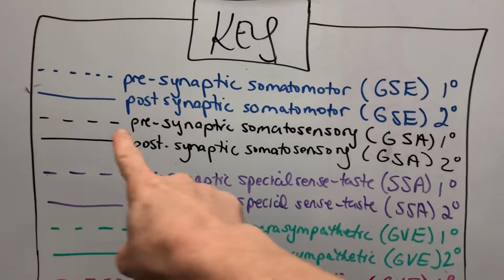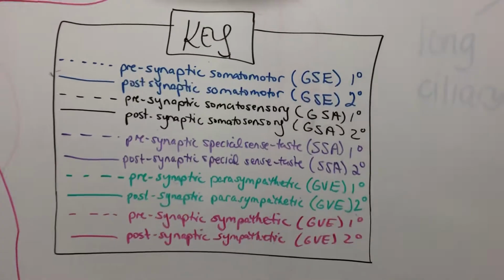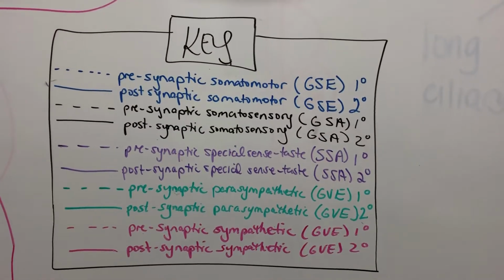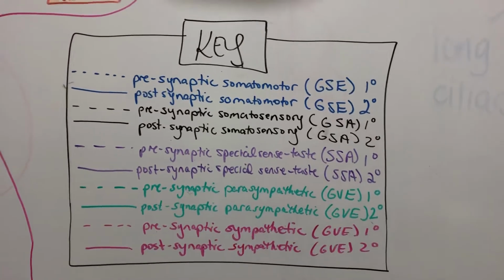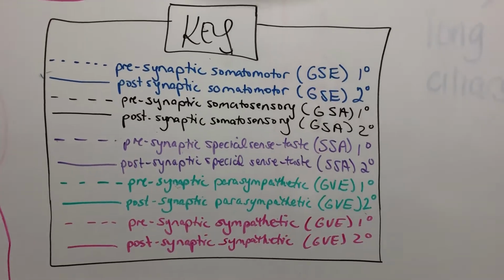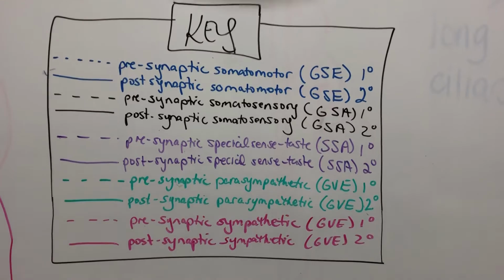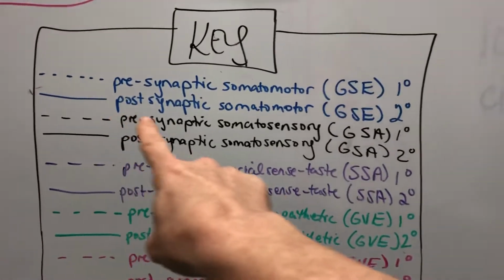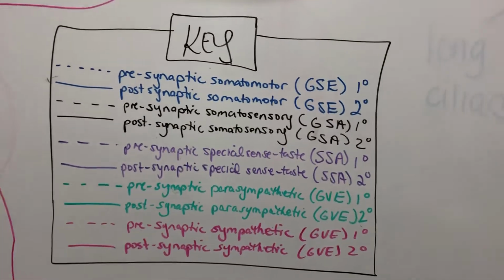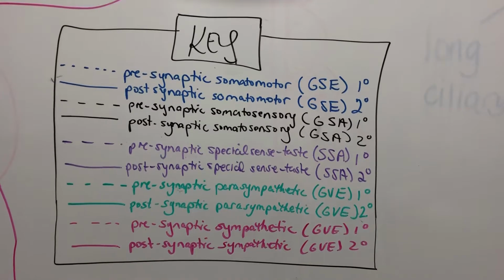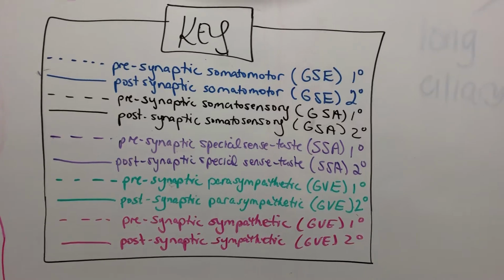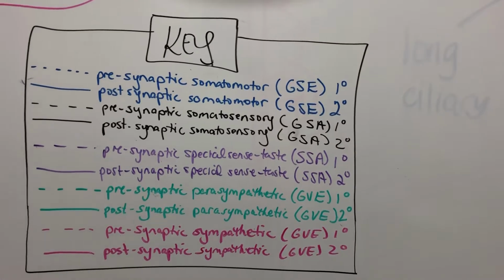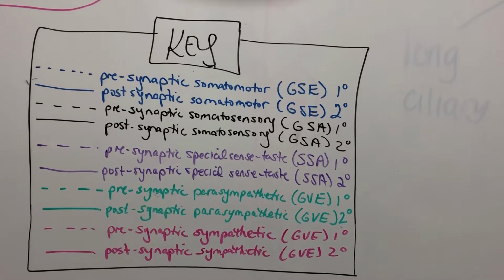The dotted line you see here is presynaptic somatosensory. This is general somatic afferent, first order neuron. The solid line in black is postsynaptic somatosensory. This is general sensory or general somatic afferent for second order neuron. This uses a ganglion for the presynaptic pathway where it houses the pseudounipolar nerve cell bodies, but there is no synapse present there. It synapses on a nucleus because all sensation, all somatomotor synapse on a nucleus and not a